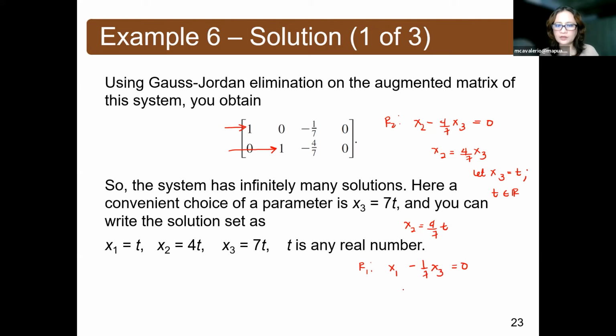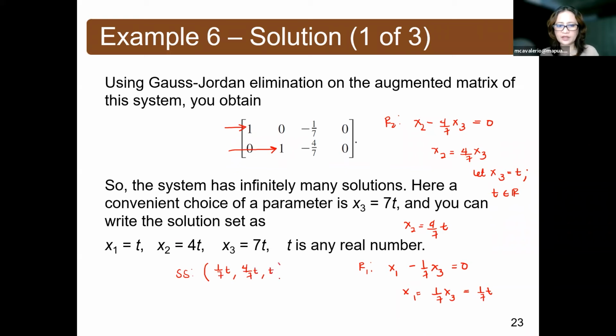Then we solve x sub 1 as simply 1 over 7 x sub 3, but we know x sub 3 is t, so we will have 1 over 7 times t. So we can write down the solution as simply 1 over 7t, and then we have here 4 over 7t